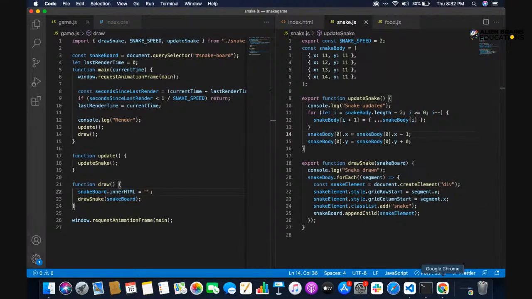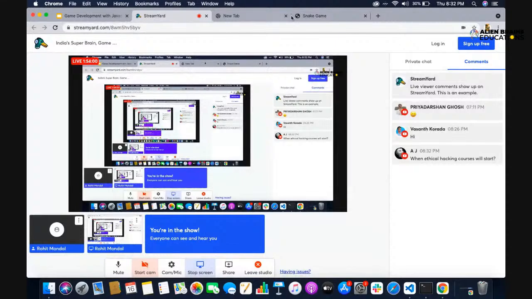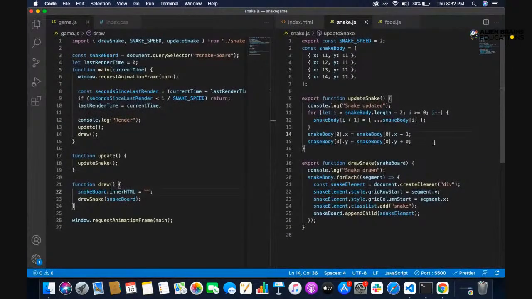Let's not continue this one. Let's do one thing. We will be doing the next part the next day. It's becoming a lot to take in. I feel like it will become a lot to take in. So we'll continue till this and then let it go. We will do it the next day. What we'll do is use our arrow keys to get our input directions, and that way we will be